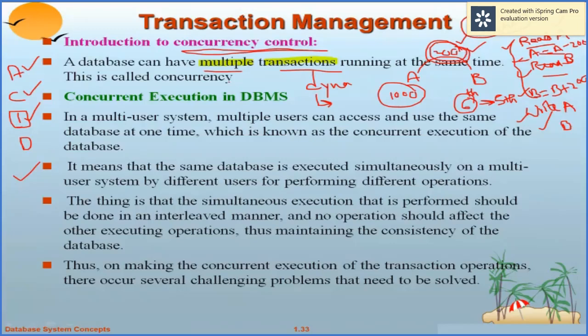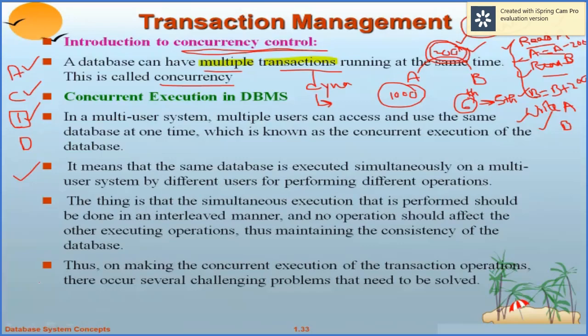In that case, the server should be capable of handling those operations or transactions in a very effective manner. So it sounds like, is concurrency a disadvantage to a database management system? So let's see. What would be the answer? Before that,